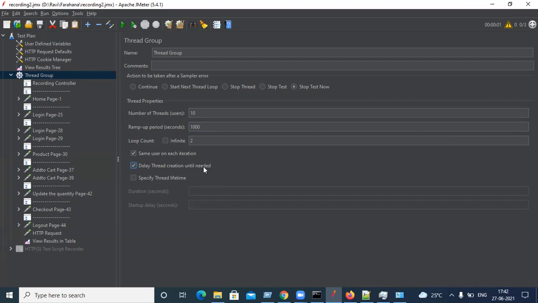If you check this, whenever the memory is required, at that time it will create the thread. It won't create them at the start of the test. So in this case, it will create only one user at that time, the second user at that time, the third user at that time, not before the start of the test. So when you're doing a heavy test, you should use this option. Like 1 lakh, 2 lakh, or 50,000, 60,000 users, and you have a 4 GB or 8 GB machine. At that time, you should use this option.